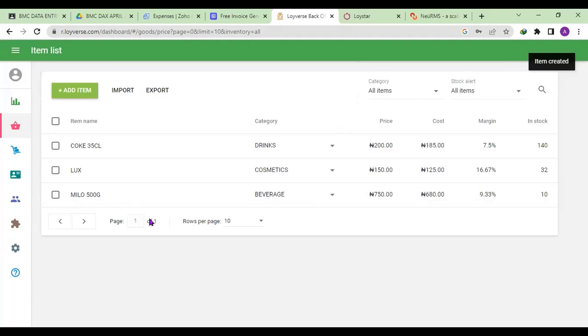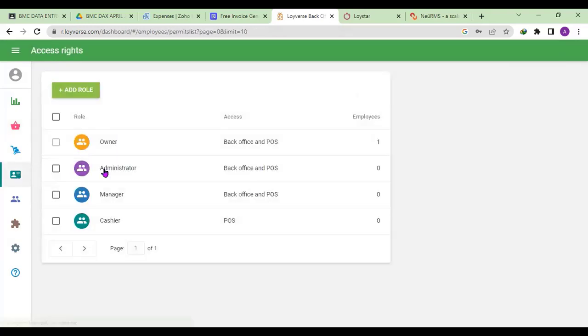So we can see the list of the items we have here. But one thing about Loyverse is that Loyverse does not support selling directly from the system. So you have to use your mobile to sell. And the moment you sell anything from your mobile, it automatically, since it is in the cloud. And mind you, since you are creating the employee and you are giving them rights, so the owner, the administrator, the manager, the rights you give to them